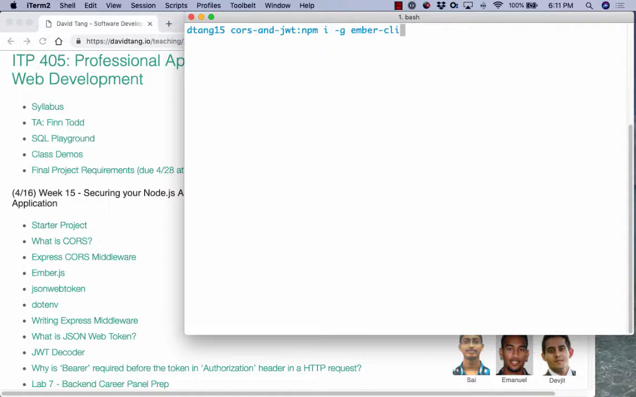React is pretty similar. They have one called Create React App, so it's just another CLI to scaffold out projects. I already have it installed, so I'm not going to install it again. That'll take a minute. And if you get errors, you might have to prefix it with sudo npm install. So once you do that,